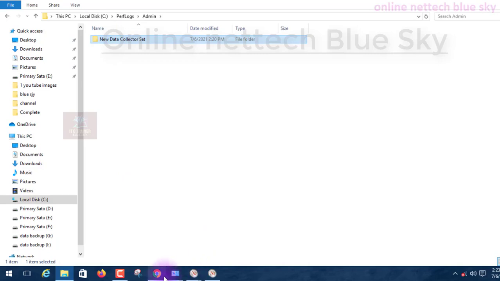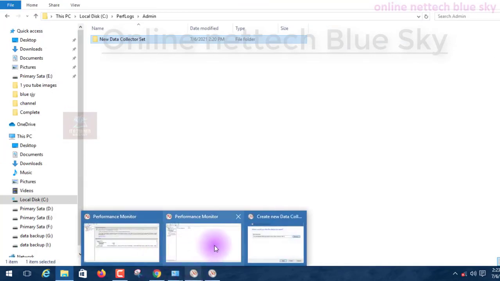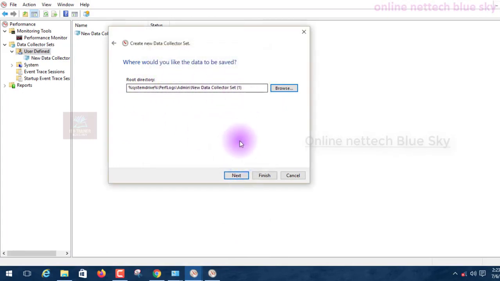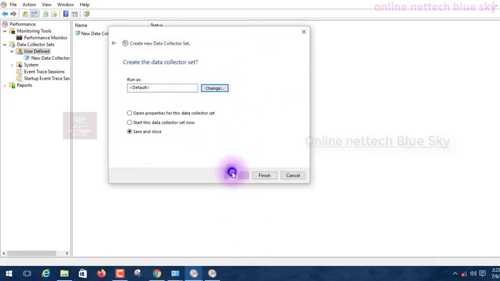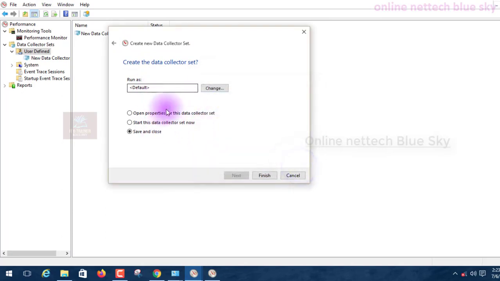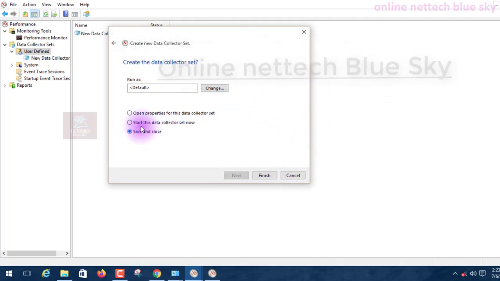So how we fire, because you can see here this is showing me here. So enter inside perflogs and admin. And the next, click on, and you can see create data collector is run as a default. So showing me default and everything, so save and close, save and close, and start this